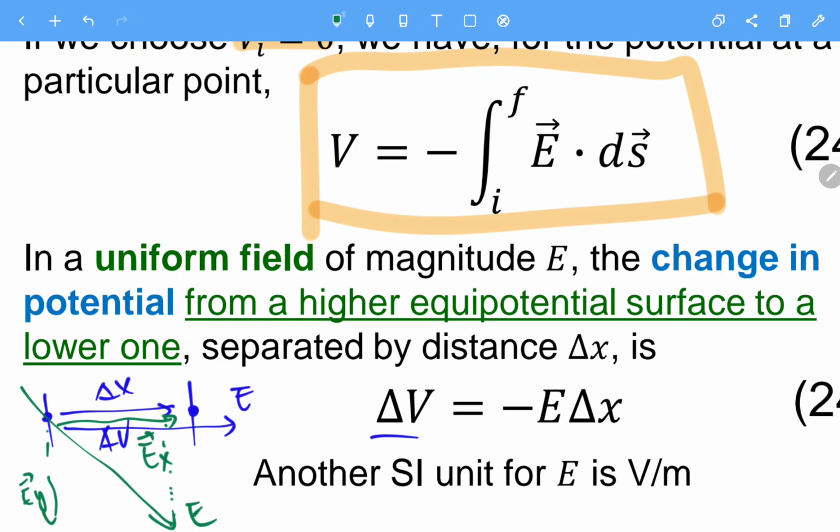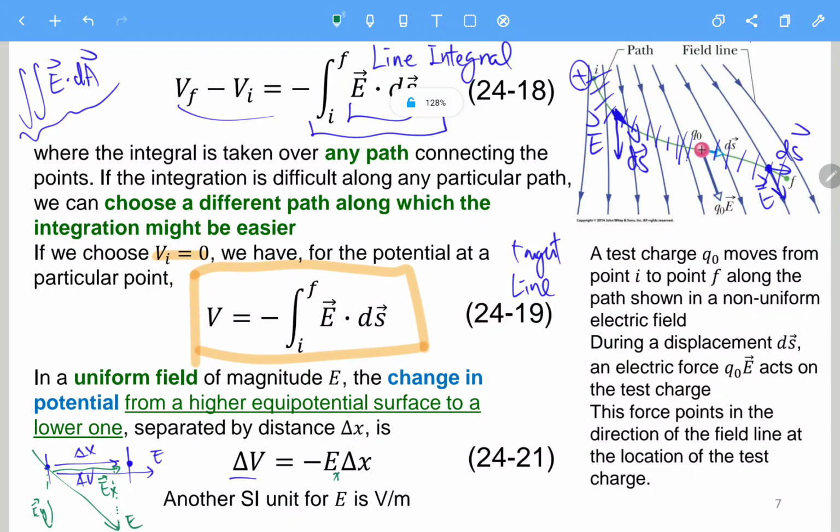So it should be something like Ex delta x if E does not point in the same direction. If you just denote it as negative E delta x, then keep in mind that E and delta x should point in the same direction, or E is the x-axis component. Okay, so this is what you should have learned